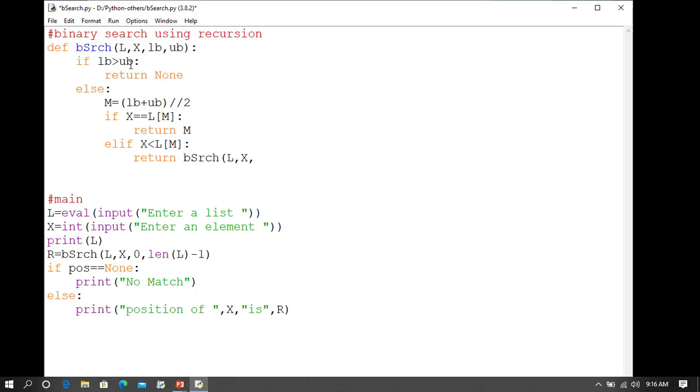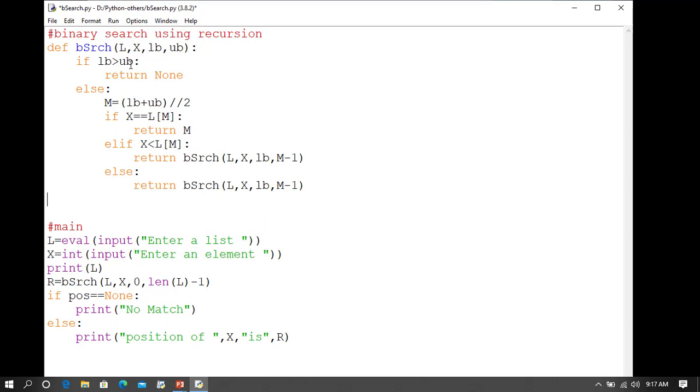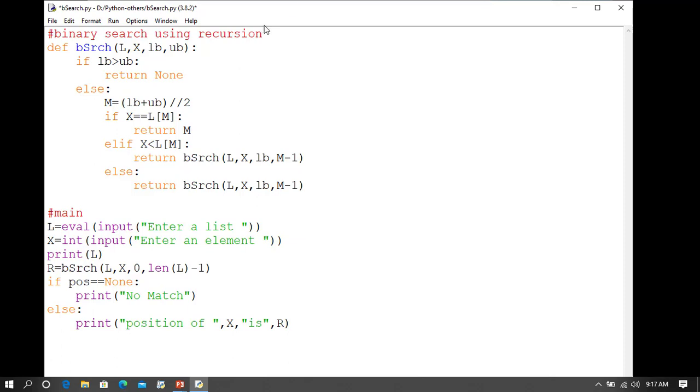Otherwise, if it is not less than or not equal to the mid element, then continue binary search with the upper half. This will be the next element from the mid, that is mid plus 1, and upper bound remains unchanged. So let us see how this works.